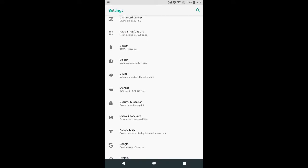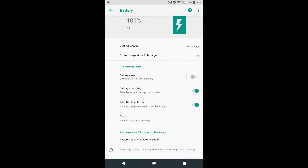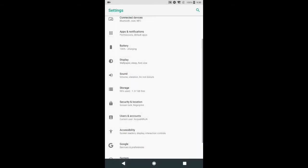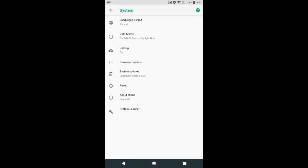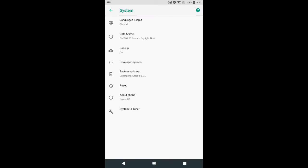Another cool thing is actually the battery. As you can see now, it just makes it nice and apparent. You see the battery icon, you can see how long since your last charge, your screen usage, which are the main things you care about. They just put that at the top, and all the other logistics are at the bottom, so it just makes it nice and easily adjustable in that regard. We go in the system, as you can see, I am on Oreo, last update, boom. And you can see in the system also,